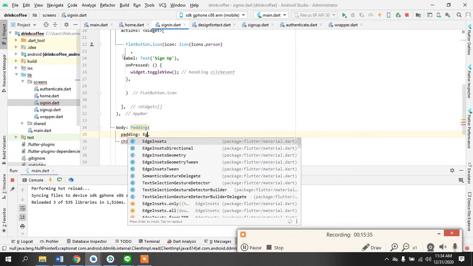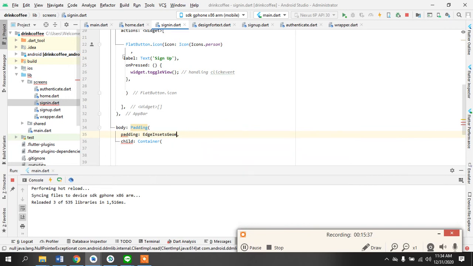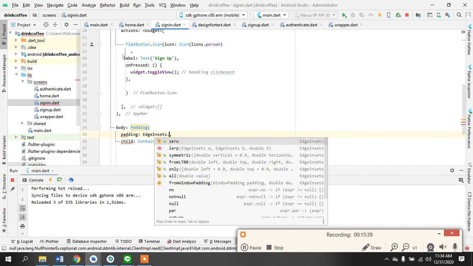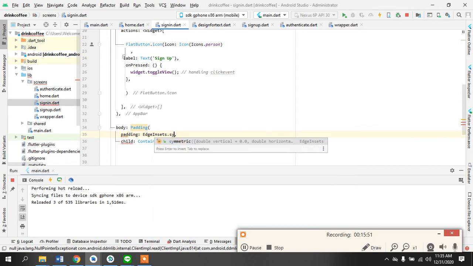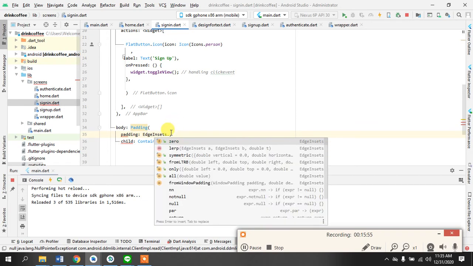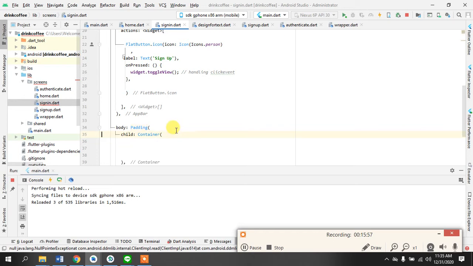And here we will pass the padding, which is going to be symmetric. Let's deal with it later once we see it. But anyways, the child is going to have a container, and that is going to return a column